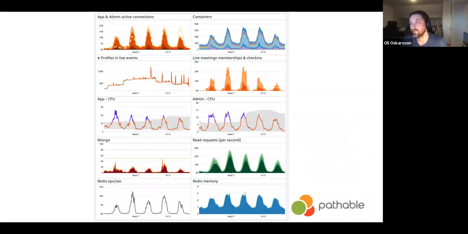And the specific view you're seeing here shows at the top Galaxy metrics about the number of currently connected users, so the WebSockets that are open, and the number of containers that we're running. We have our own custom metrics in there about the number of events that are currently running, and the number of live meetings that are currently running, like this meeting that you're in right now, that would show up in one of these statistics. But we also show the database CPU usage and the Redis operations per second. We're monitoring the entire ecosystem of stuff that we're running, and we have it all in a single view,